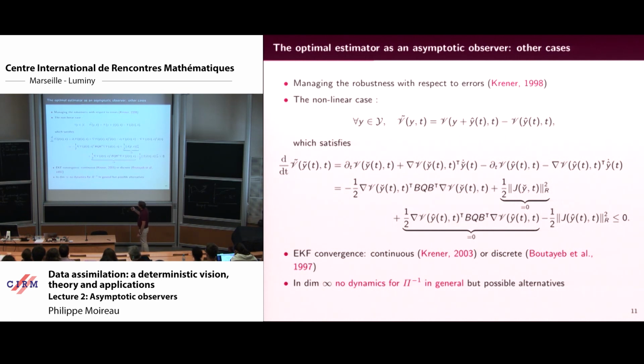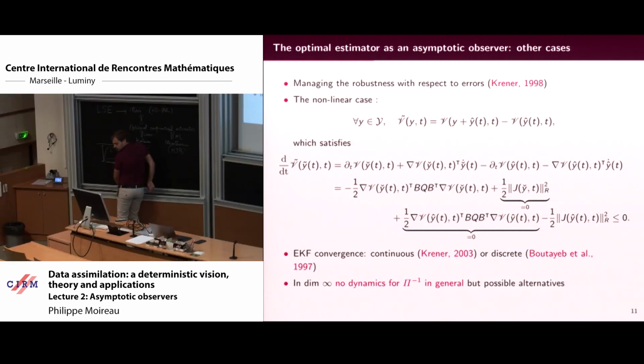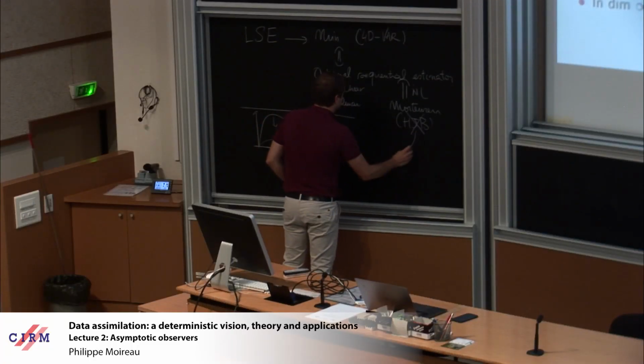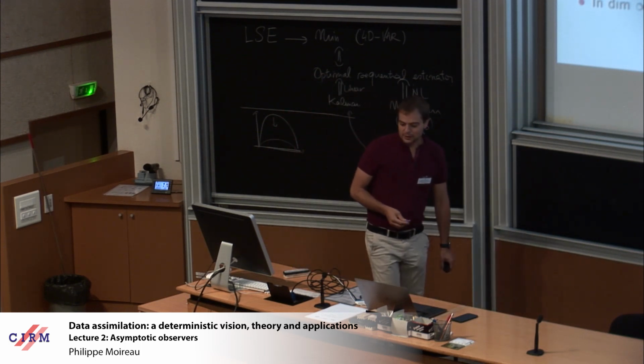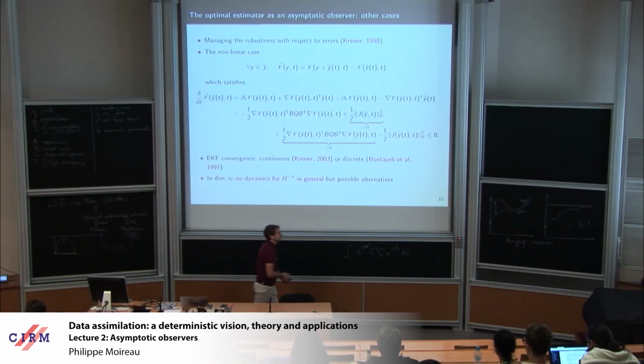And we can focus on these two last elements. The first one is that quite a long time ago, the people who decided to not use the HJB version, who say that we cannot compute that, they prefer to use the heuristic, which is called the extended Kalman filter. What they decided to prove is that the extended Kalman filter will be an asymptotic observer when the error is not too big.